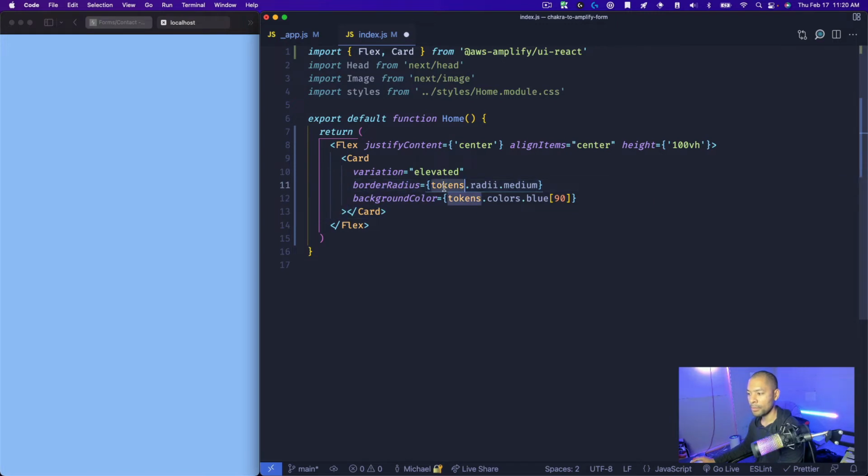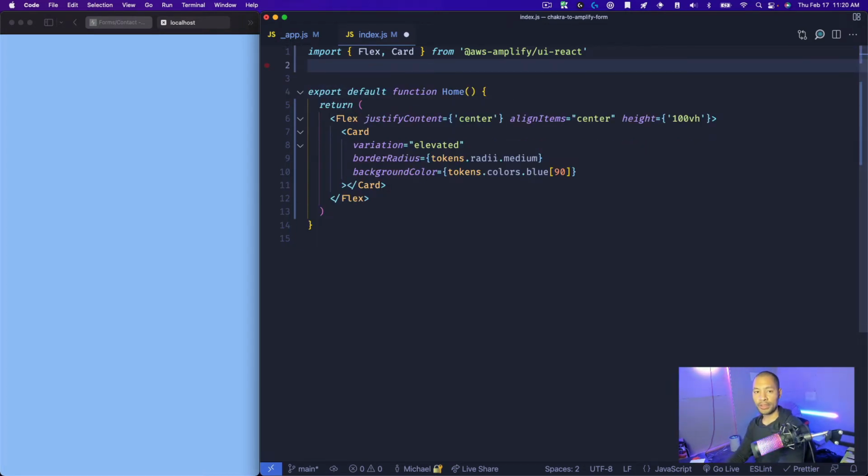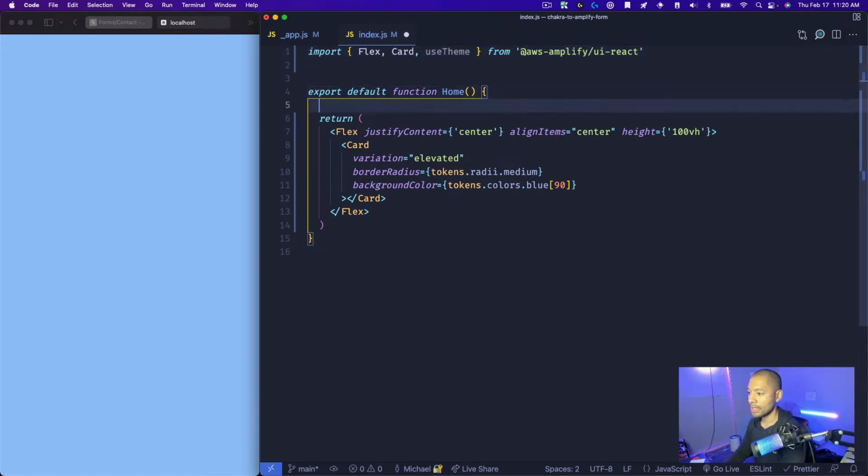Now, I'm importing this tokens property to take advantage of this. So let's go ahead and bring in our tokens from our theme. So up here, I'll go ahead and bring in the theme, and I'll say import useTheme from Amplify. And then down below, now I have access to all of the tokens that are part of the base styles. So I'll say tokens, and that's coming from useTheme. So from here, if I hit save,